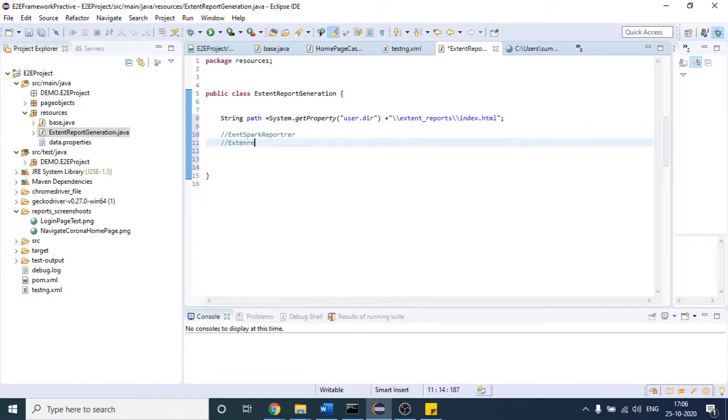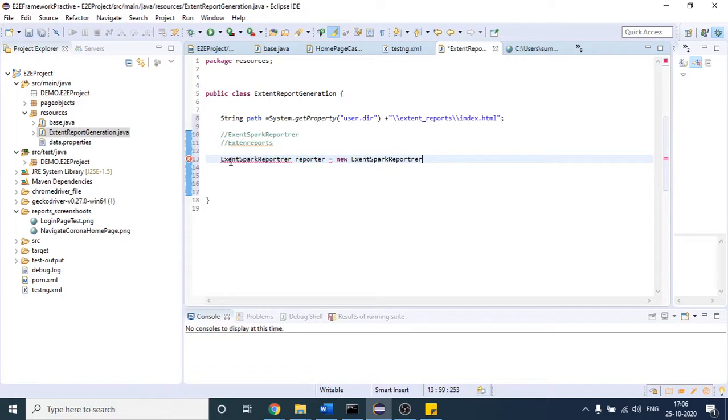We will see one by one how to form the objects of these two classes and what methods will help us in making that extent report. Let me write it here. So this is the class. Let us make the object of this class, and then I will tell you what this class will do for us. You can give any name for the object, equals new, give the class name and provide